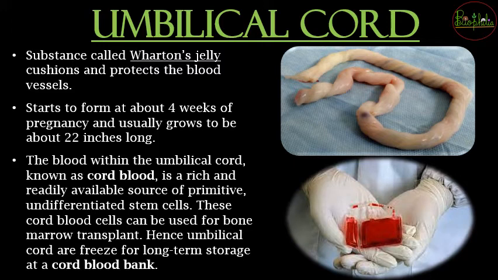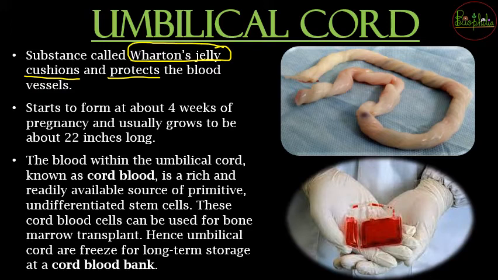Another thing that you need to remember about it is that the umbilical cord is going to get covered with a particular substance that is called Wharton's jelly. So this Wharton's jelly is going to be the covering which is going to cushion and protect the blood vessels. Since the blood vessels that are flowing in are the most important part, whatever circulation needs to occur is going to occur because of these blood vessels. So they need to be protected.